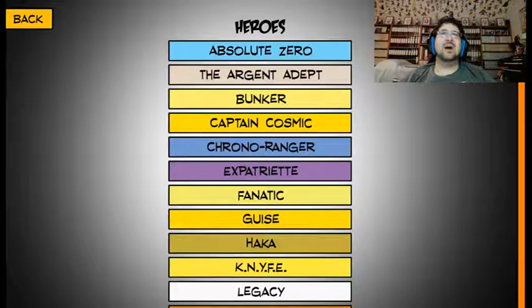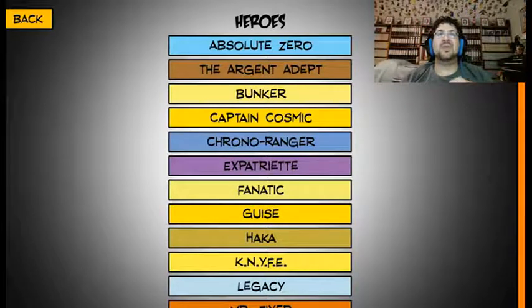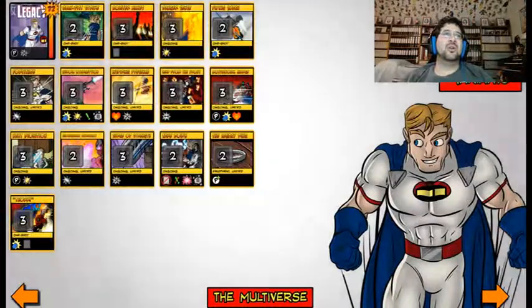Next up, the other major card that you need to pay attention to is in Legacy's deck. Now, the thing I was going to point out here is Legacy is the only hero that is guaranteed to survive in this setup. Every other hero, you want to knock down their HP as quickly as humanly possible. So, the card here we're going to be looking at is Takedown,